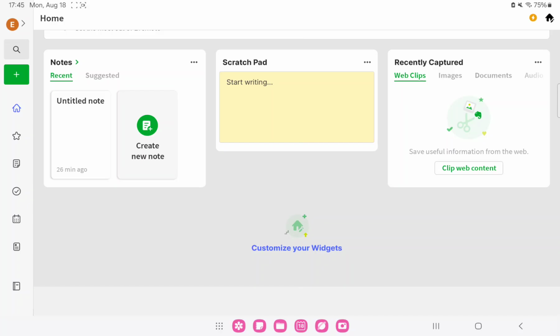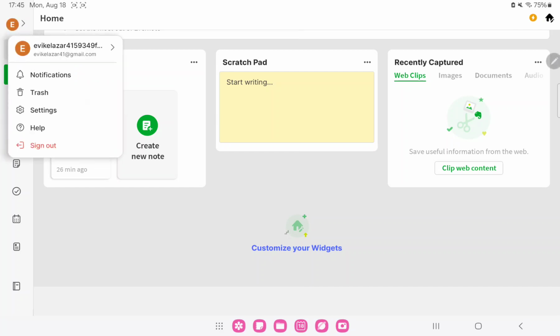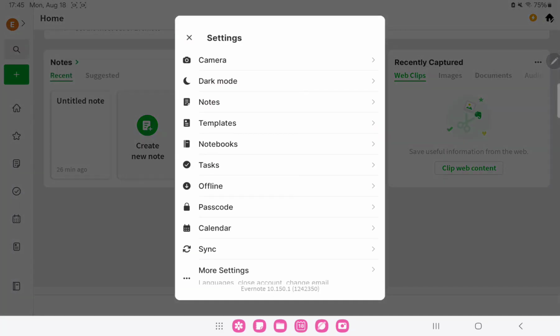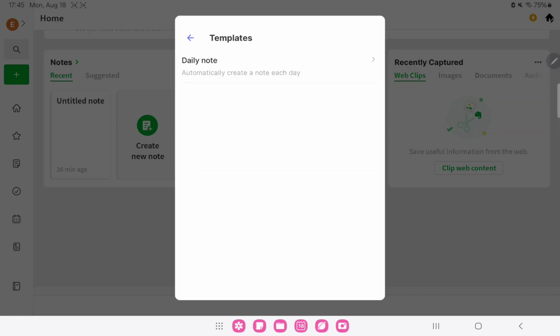First of all, open the application on your device. So that's the home screen, and you can find the different buttons. Click the profile icon at the upper left corner of the home screen and click the third option, the settings. Click the fourth option, the templates, under the notes, and here you can find the daily note option,